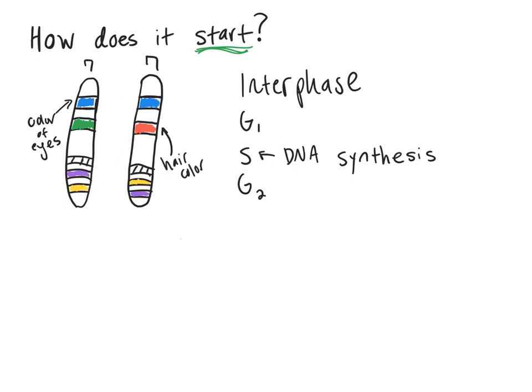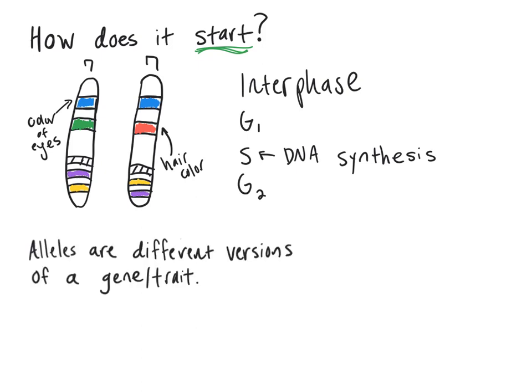The different versions for genes and traits are called alleles. Because these two chromosomes are the same genes in the same place, they are called homologous because they code for the same traits, color of eyes here, color of hair here, but they are not identical because your parents should not have identical DNA. Obviously, if you look at your parents, they probably do look slightly different, I would hope. They're not identical twins. It's not possible. So they have differences. That means their DNA is different.